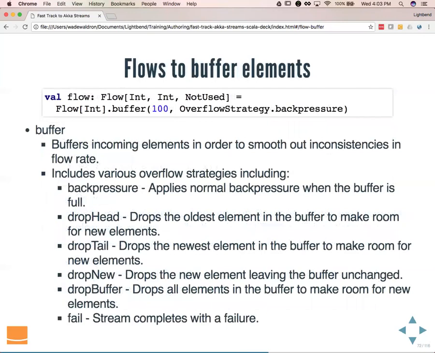We have flows to buffer elements. So here we have the buffer flow, and we set a buffer size as well as an overflow strategy. And what this will do is buffer elements in memory until the downstream is ready to receive them. Now, there are different values for the overflow strategy. You can specify back pressure, and what that will do is when the buffer fills up, then it will apply